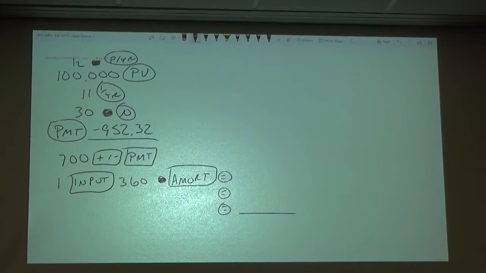Okay? So what we're really concerned with is what is going to be that balance. I mean, ordinarily, it would be a zero balance because we would have fully paid it off, but because we've lowered the payment to 700,